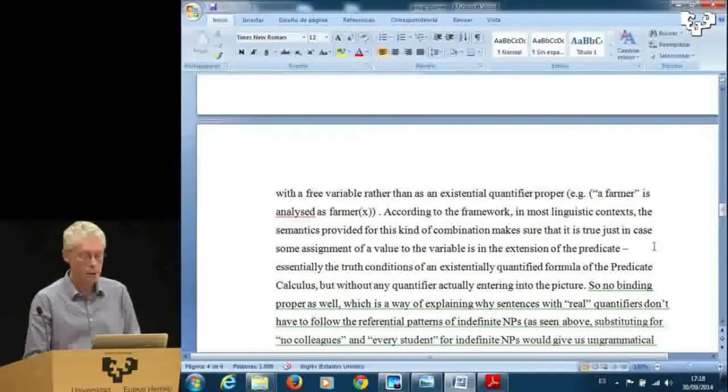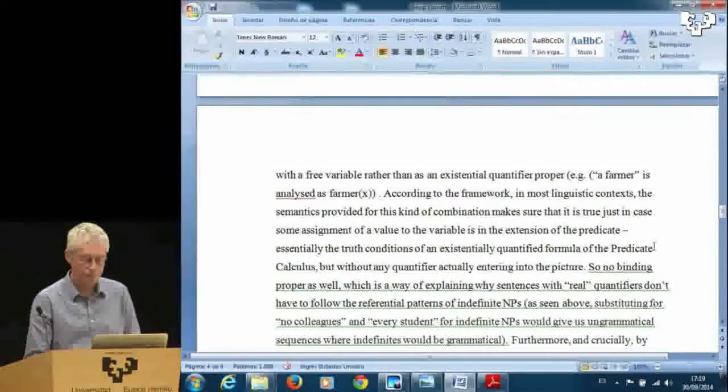A farmer is analyzed as farmer X. According to the framework, in most linguistic contexts, the semantics provided for this kind of combination makes sure that it is true just in case some assignment of a value to the variable is in the extension of the predicate, essentially the truth conditions of an existentially quantified formula of the predicate calculus, but without any quantifier actually entering into